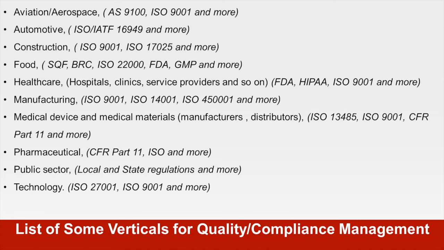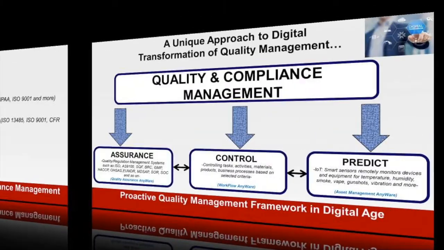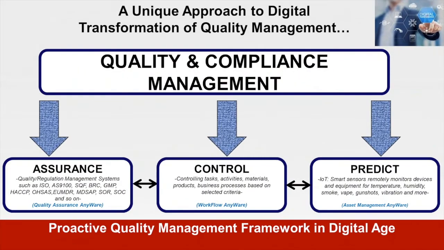Since there are challenges to comply with these standards, such as managing documentation, managing corrective actions and customer complaints, and also having a central repository to make decisions based on evidence, we put together this framework called the proactive quality management framework. The idea is to be proactive in your quality management system. We believe that if a company applies these three pillars of the quality management system, it can be very productive and can be compliant with any quality or compliance management system.